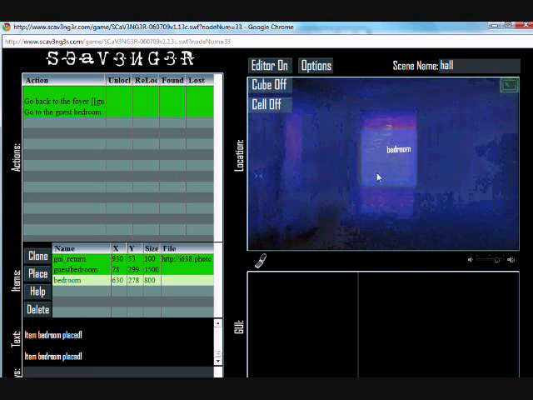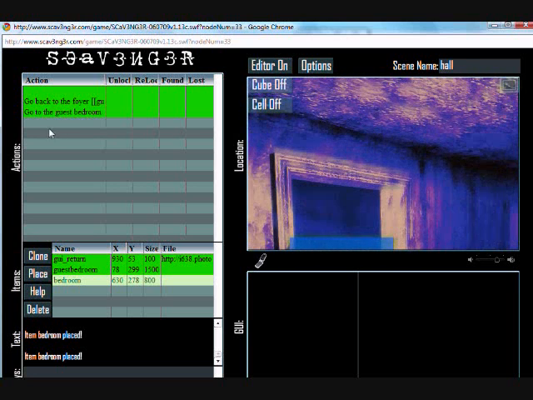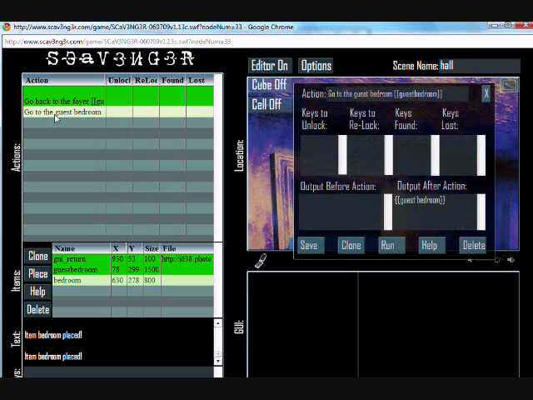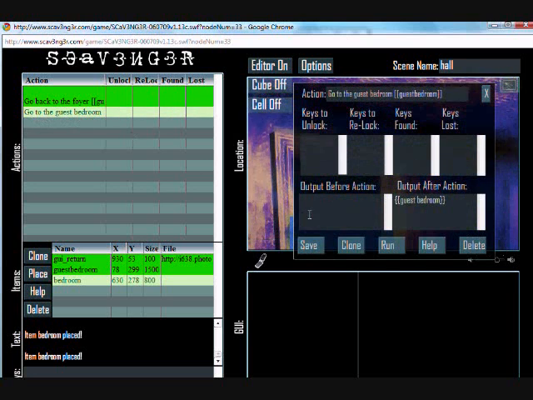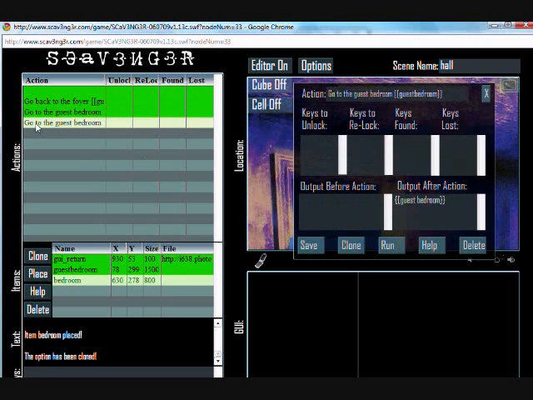Now I have a marker here. Now I need a way to take people there. So the first thing I'm gonna do is create an action to take me there. I have here an action that I used before for the guest bedroom. It's called go to the guest bedroom. I'm gonna clone it. And now I'm in the clone action. I'm gonna just take out the word guest and take out the word guest over here. So as you can see, this name is this name,